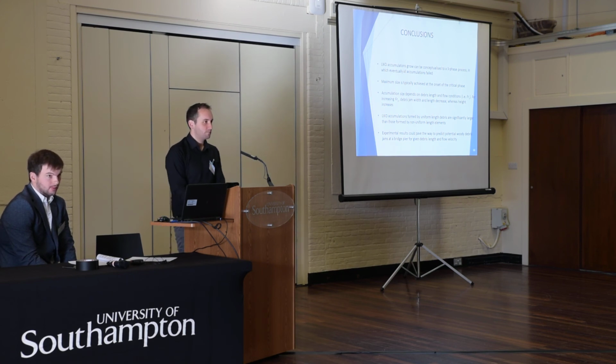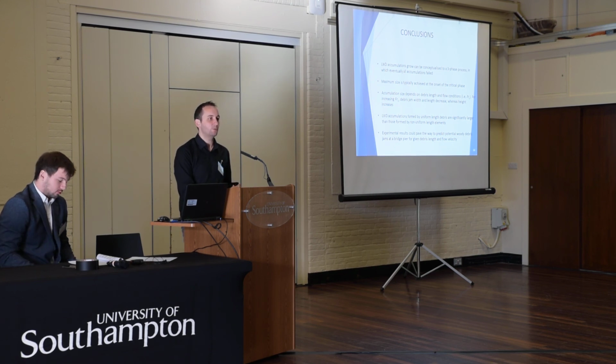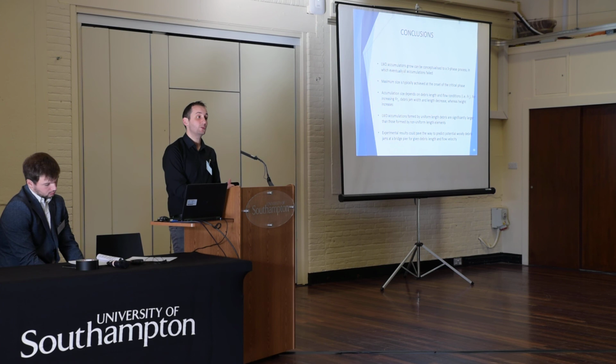And finally, we know that we don't have enough data at the moment available to predict woody debris accumulations, but with these experiments we have a data set which can be used to simulate and can pave the way to predict potential woody debris